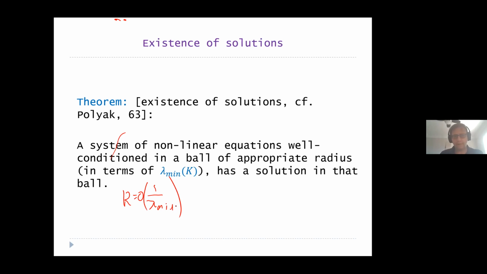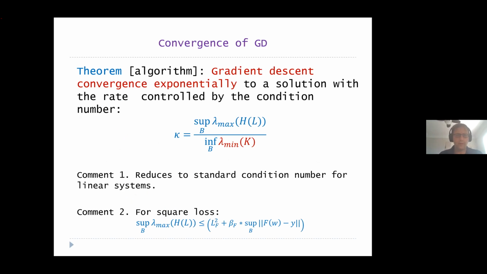So that's all I need to check. I need to check that essentially I have a ball of radius 1 over lambda min, and it satisfies this condition in a ball. Now you can prove the sort of corollary of this for gradient. Well, it's not exactly a corollary, but it's a related claim for gradient descent,